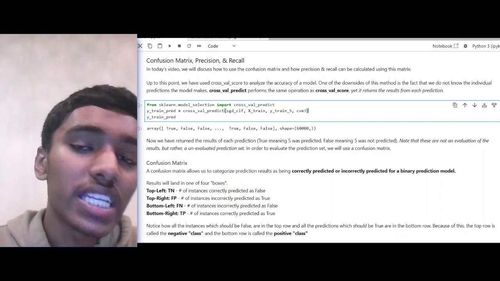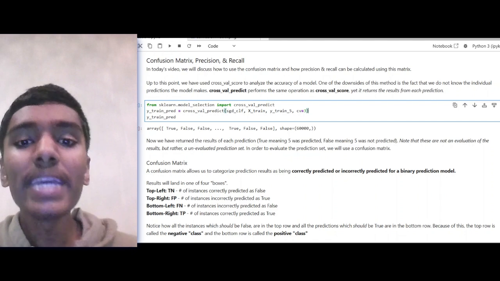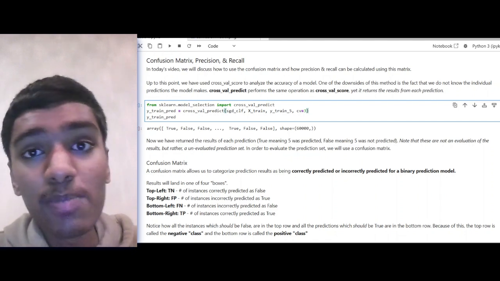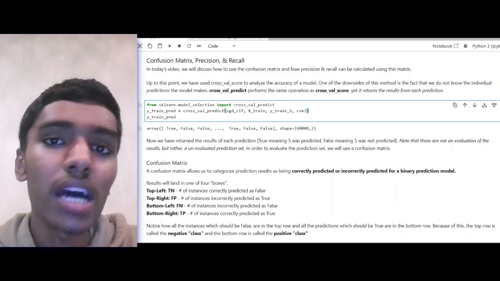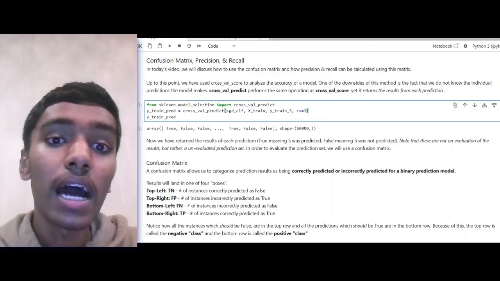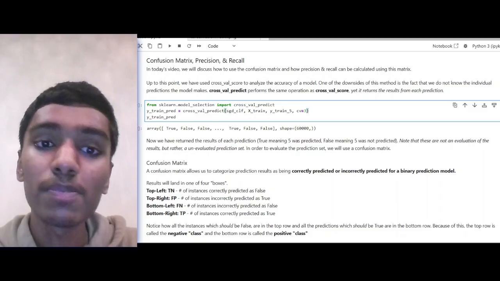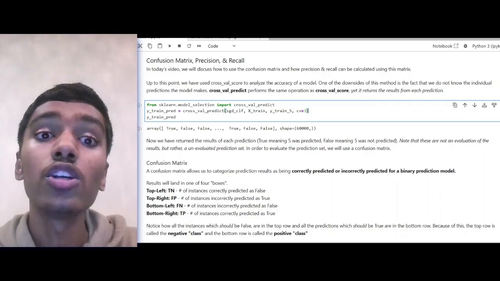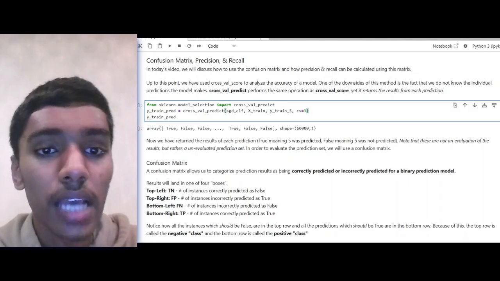Because of that, if we know the individual predictions that the model made, we're able to get more meaningful performance measures, and the goal of any performance measure is to provide meaning behind it. If a performance measure has little to no meaning, then it is not very valuable. The greater the meaning that can be attached to a performance measure, the better we can fine-tune the model. So we want to fine-tune our model correctly, and we need meaningful performance measures for that. And being able to get a result set as such